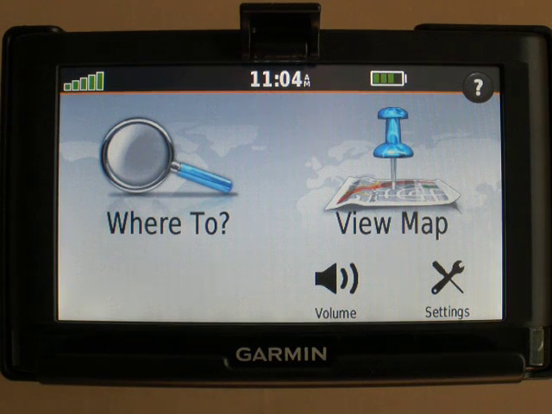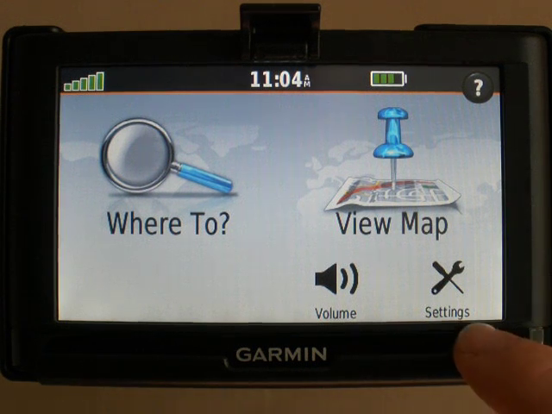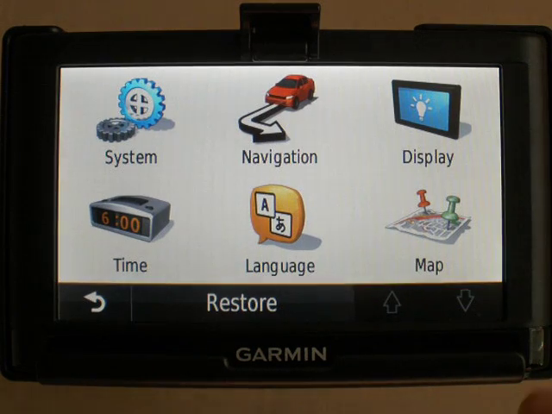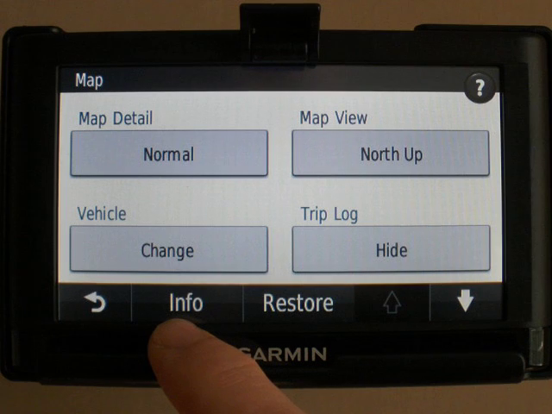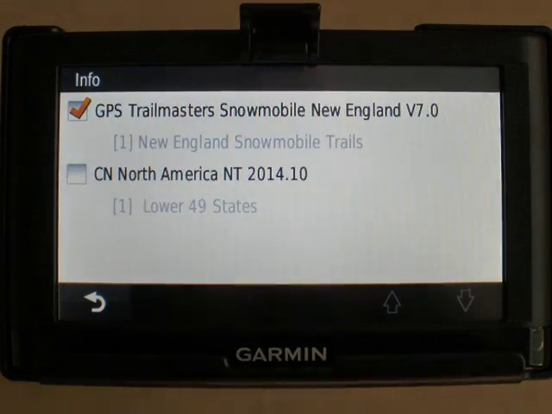Today I want to show you our snowmobile trail map on the Garmin Nuvi 52, and I want to quickly show you where you can see that our map is installed on your GPS, and that's through the settings menu. From there you go to the map menu, and at the bottom there's an information button. Press that and you'll see that